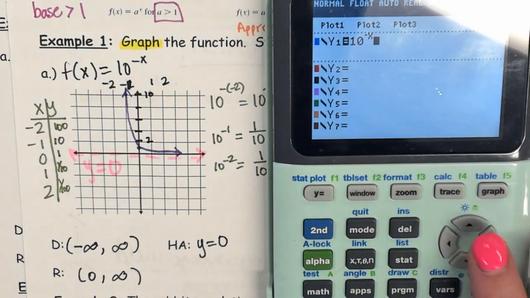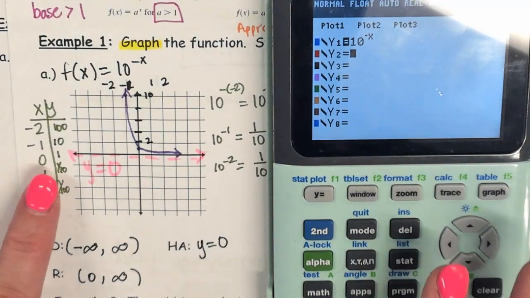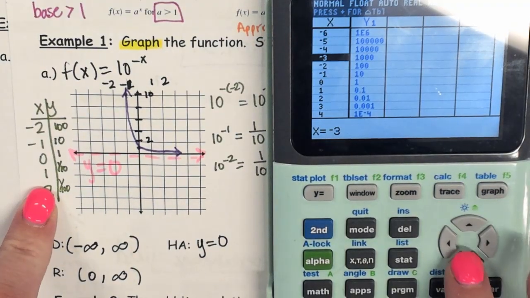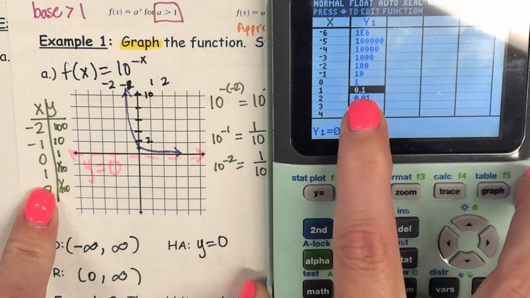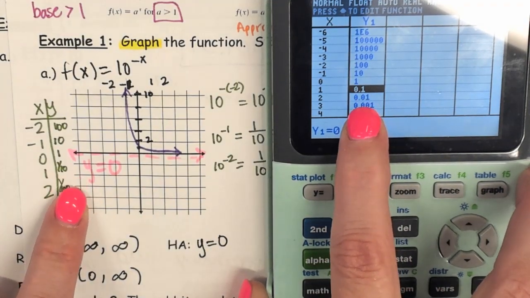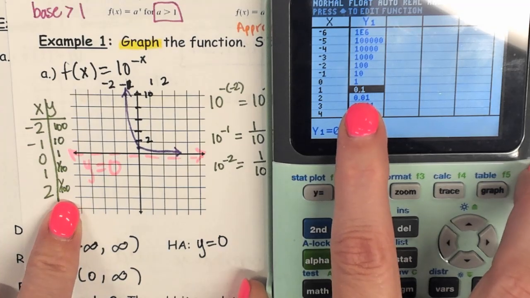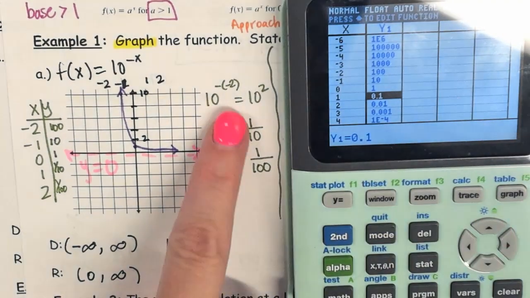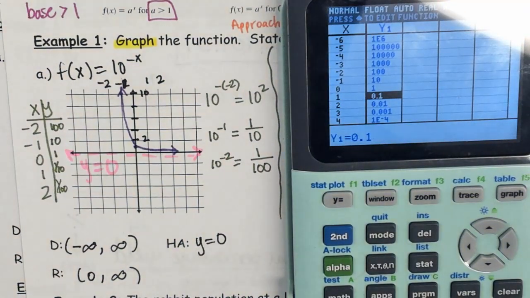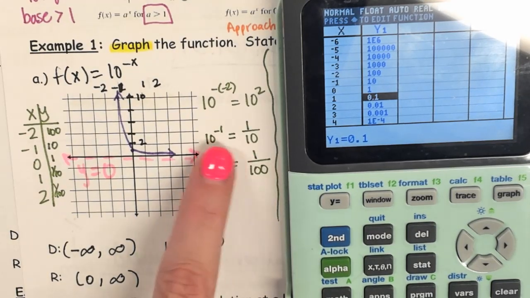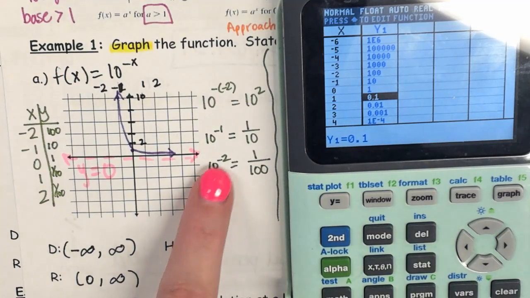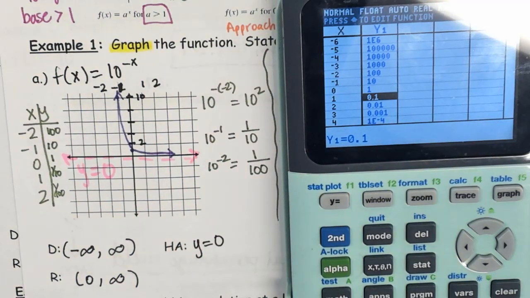So what's happening is when you're plugging those in, if you get a negative, when you go to the table and you see these values like this 0.1, this 0.01, okay, 0.1 is in the tenths place, so that's going to be 1/10. 0.01 is in the hundredths place, so that would be 1/100th. So I want you to keep these in mind. You are going to be able to use your calculator for these graphs, but when we study exponential functions, we are going to go back and talk about, hey, when you have a negative exponent, that's 1 over 10 to the first. Okay, when you have 10 to the negative 2, it's 1 over 10 squared,